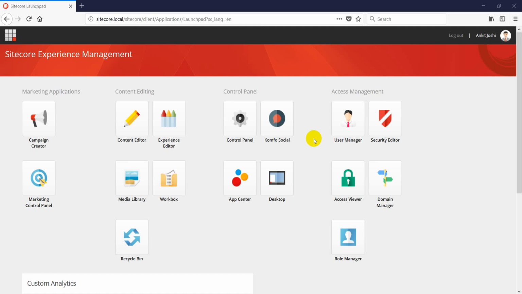Hey guys, as part of today's topic, we'll be going over Sitecore user management and role management and see how different security settings can be enabled in the system to define access rights and permissions on the user level and on the role level. So from the implementation and from the security perspective, basically there are three different settings which